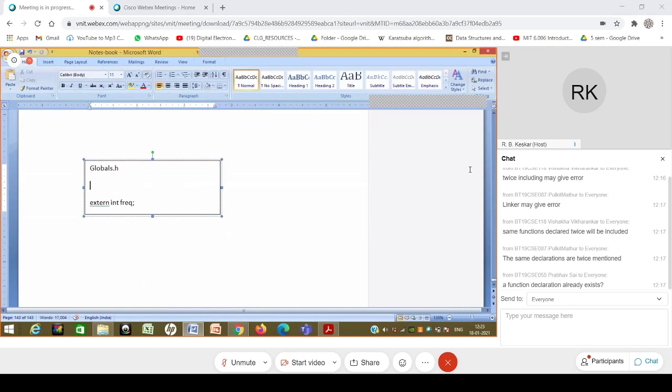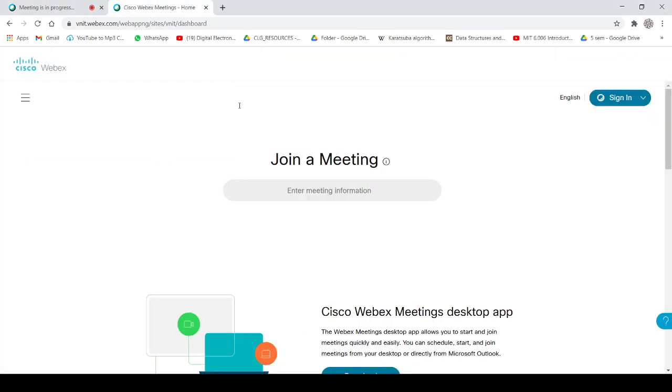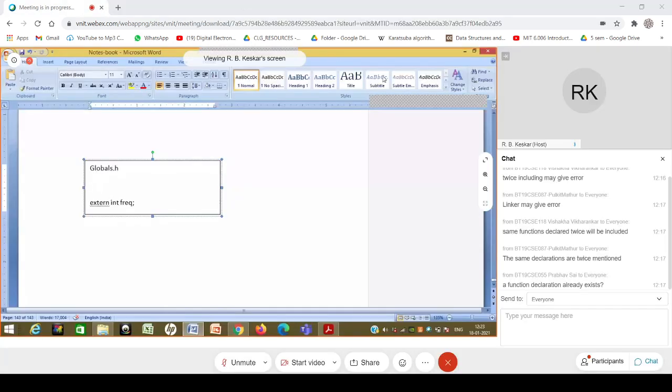So this is a globals.h file. Okay. Now, those who have opened a C header file in your editor, and if you have gone through right from the first line, then you would see some line like this.